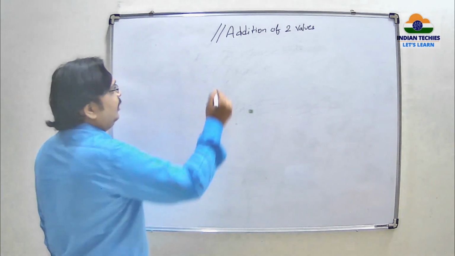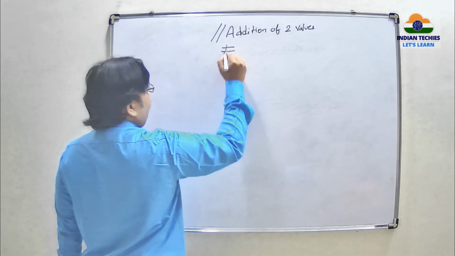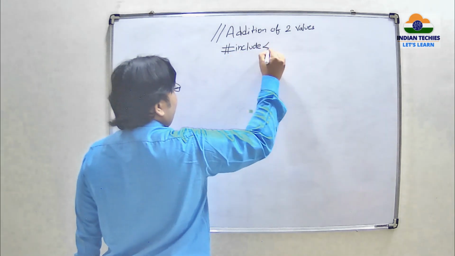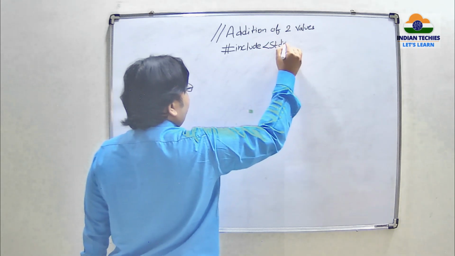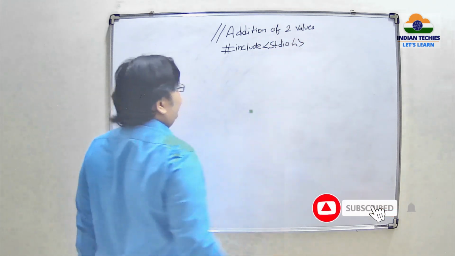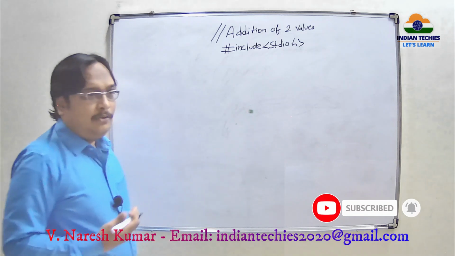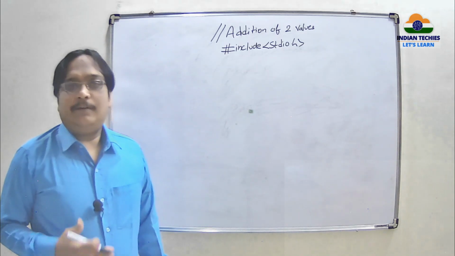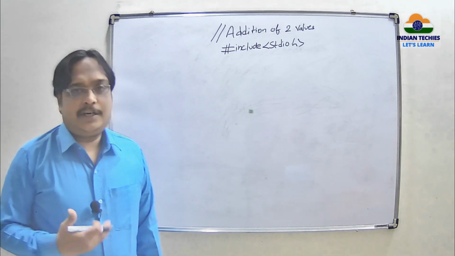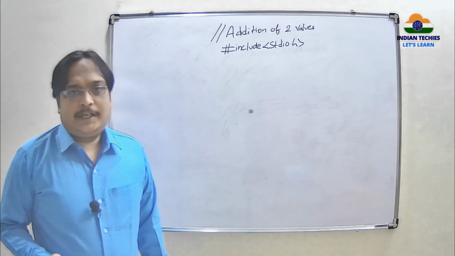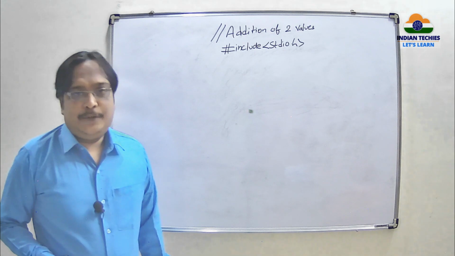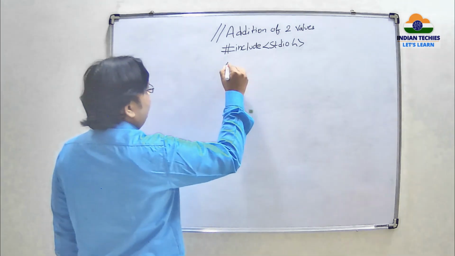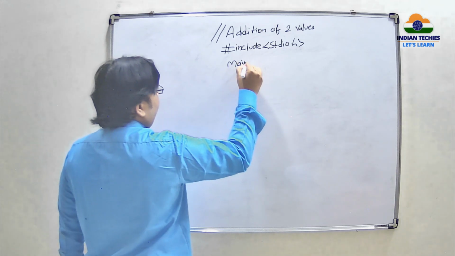This is my program. Next, the second section is the link section, where you have to link your library files. So #include stdio.h. Next, there is no definition section. We don't have defined constants, and we don't have global declaration variables. As I already told, if you are using global declaration variables, then you are having user defined functions. Next, I am starting with main.